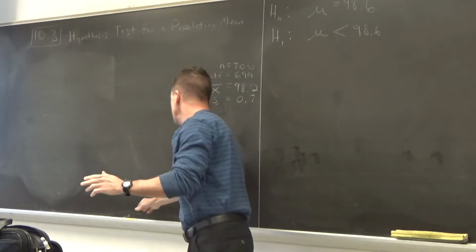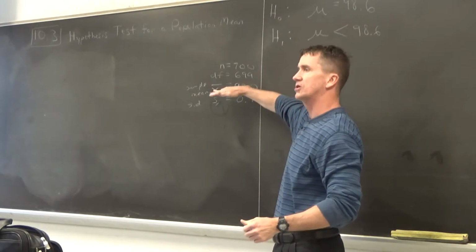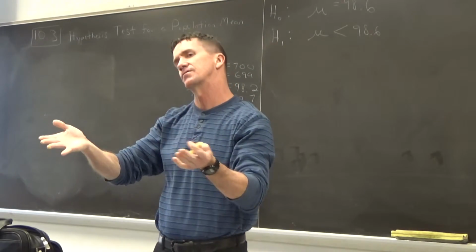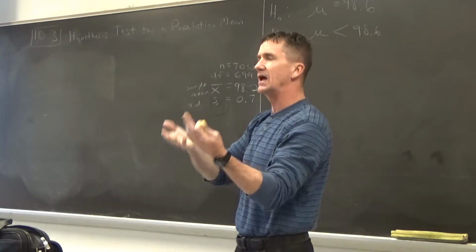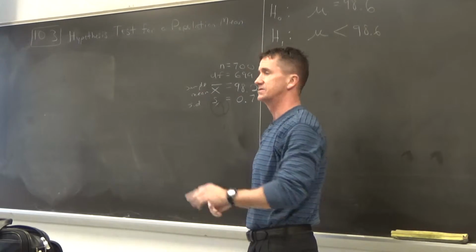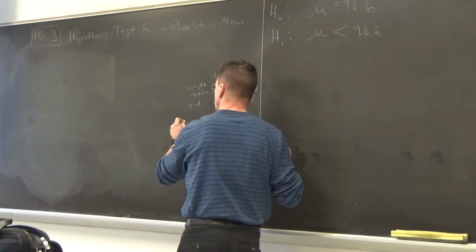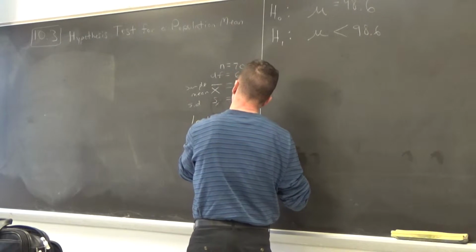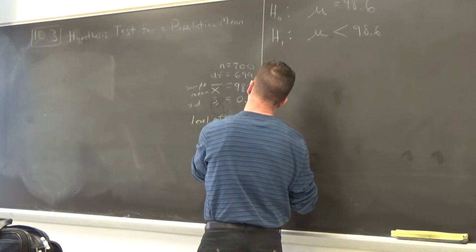Now I'm going to change colors of chalk. So I did everything in white chalk so far, right? And if you want to be like me, you've got a pen and a pencil, feel free to do the same thing. You don't have to do it today, but every time I do a hypothesis test, I'll do this. For the level of significance, I'm going to change colors and just write this number down. The level of significance, we'll explain what it means,